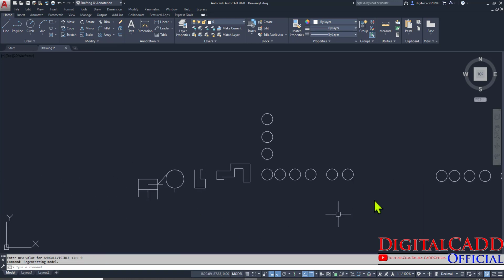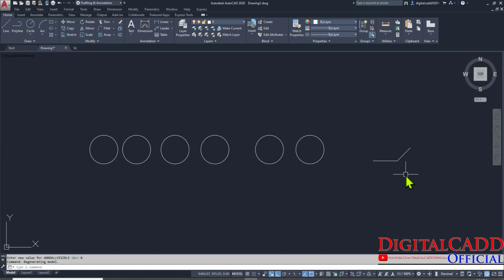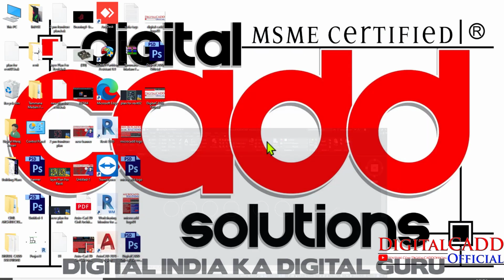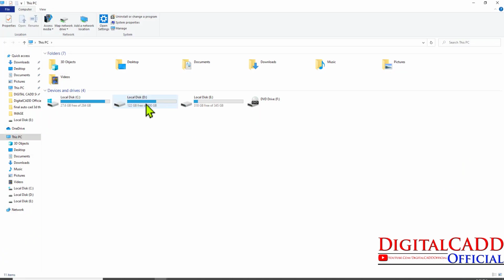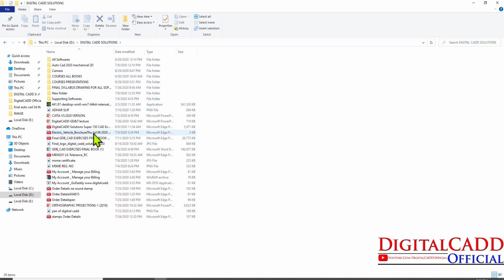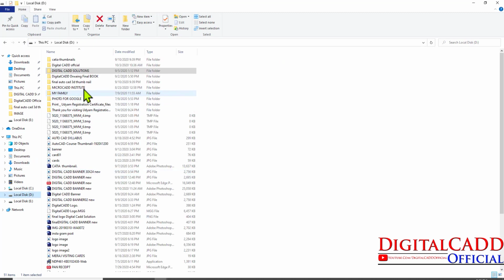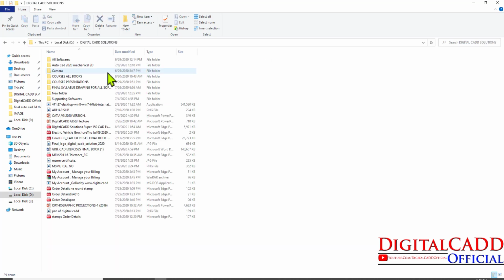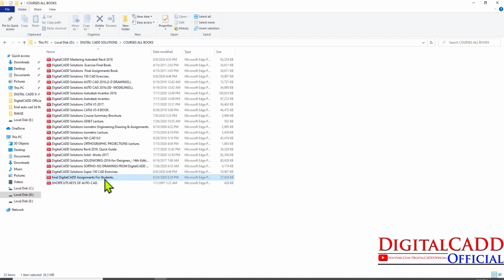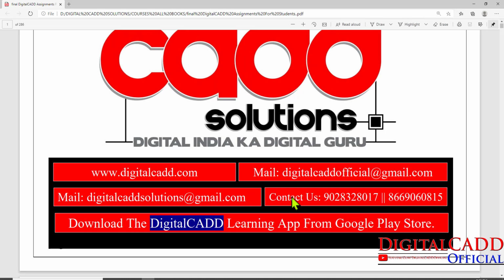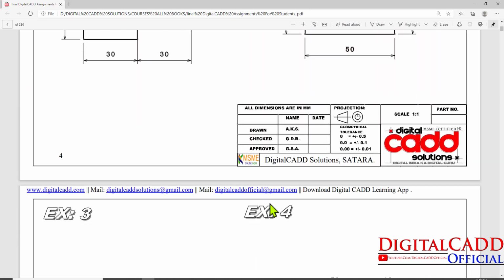From the next lectures we can try some important drawing tools and modification tools, and some drawings we can create from the next lecture. So I'm going to show you a demo of what we are going to discuss from the next lecture. Some basic tools we will discuss, and we will create these basic drawings in the next lecture.